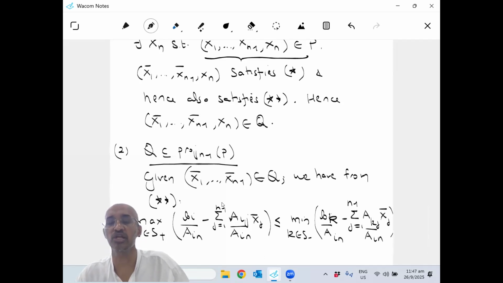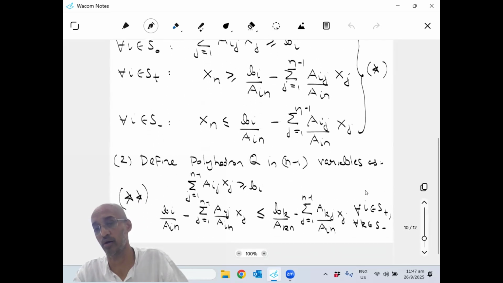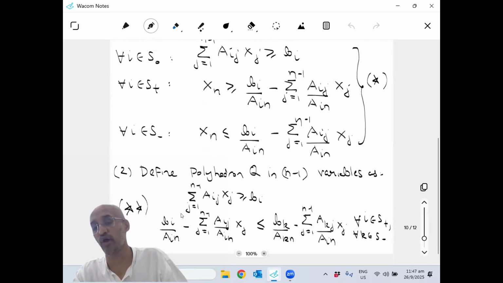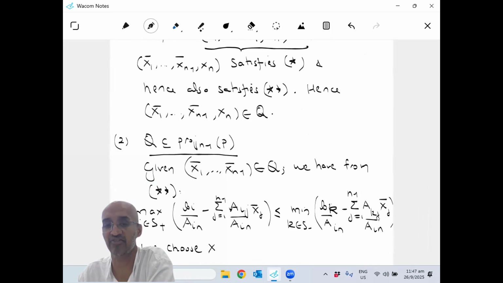Essentially, this has to be true because the upper bounds are greater for every i and for every k. So what do you have to do? You have to just find a value, which we just choose. We choose xn bar to be any value